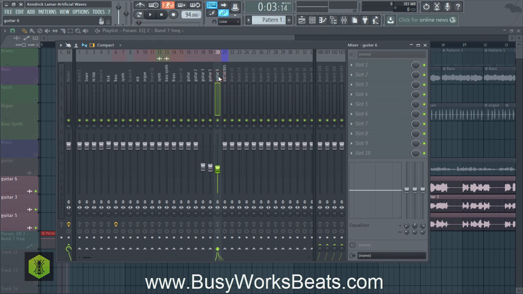So let's reselect those guitars by hitting Control Shift, left click and drag. And we're going to right click the up arrow down here. So right click, route to this track only. Okay. If you route to this track, it's going to create what's called an auxiliary send. It's basically going to duplicate the audio. So that's not what you want. You want to route to this track only. So now it looks like I accidentally clicked the send somewhere.